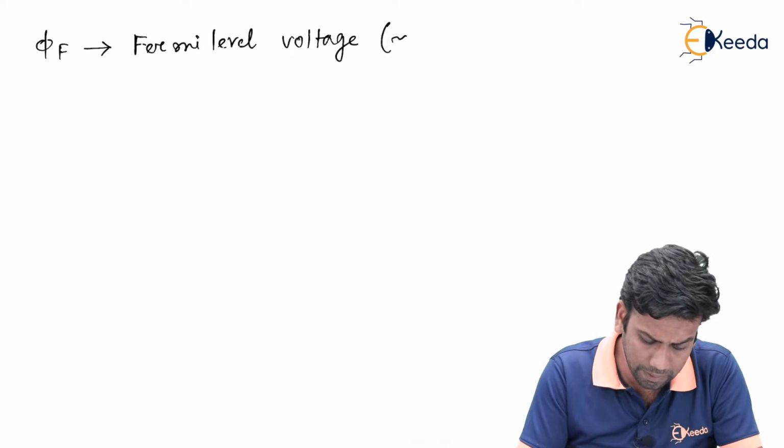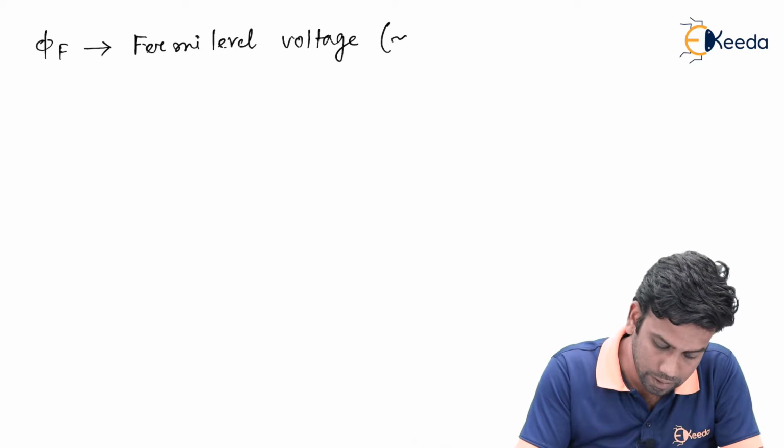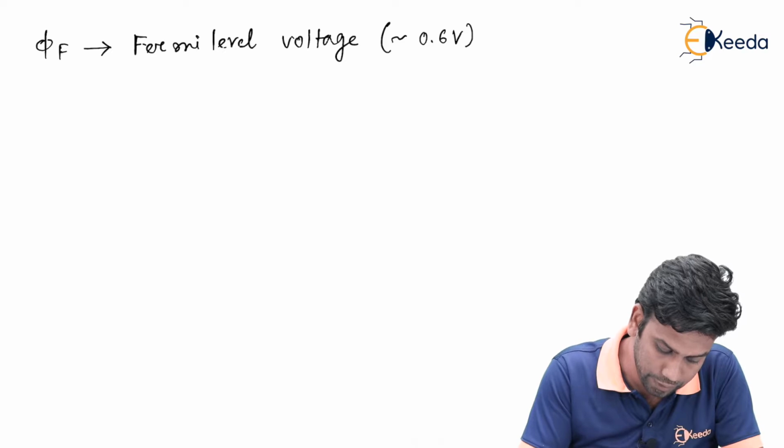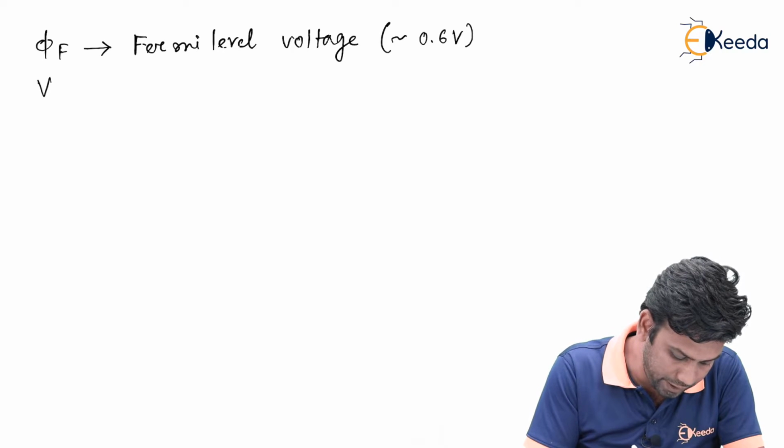Typically, the Fermi level voltage is of the order of 0.6 volt, and Vsb